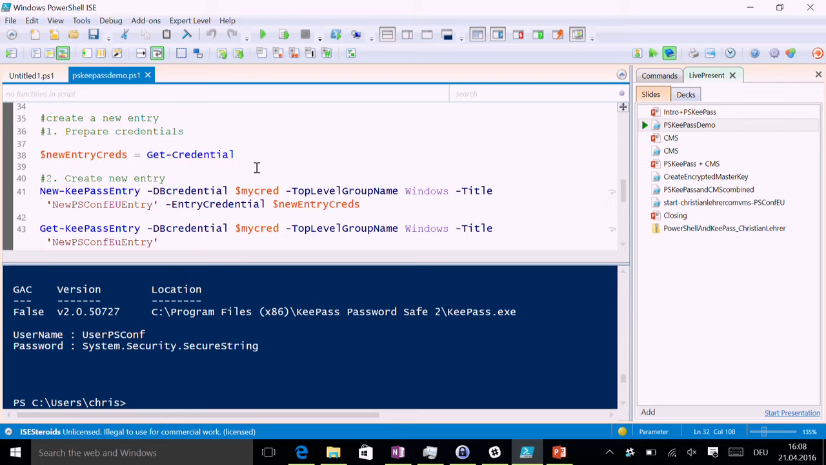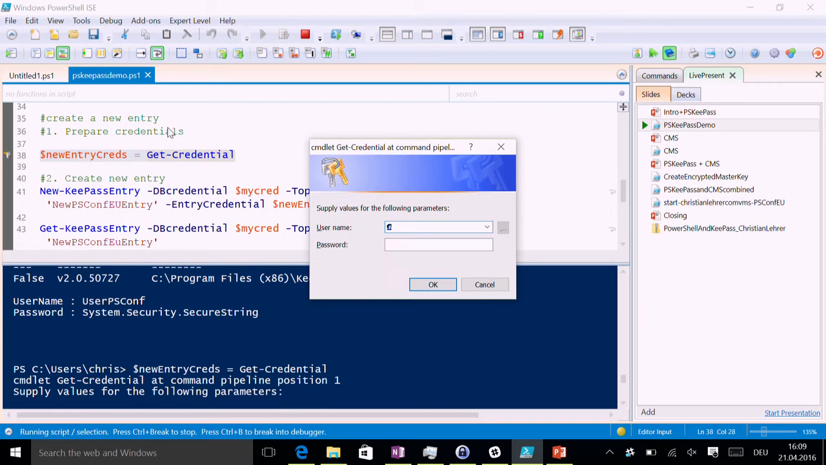So, next thing would be to create a new entry. Now it's your turn. Give me a great username. Somebody. What? SQL DBA with a beard, right? Okay, and